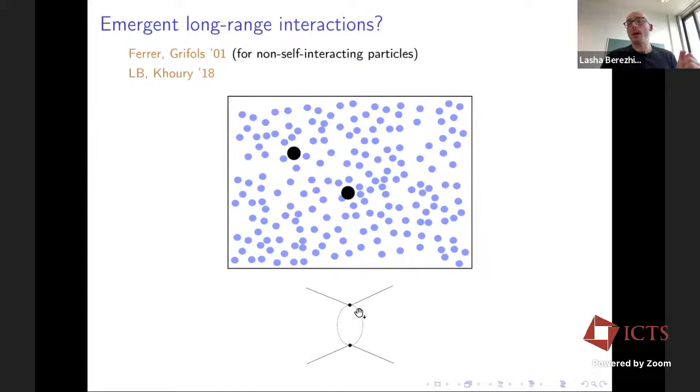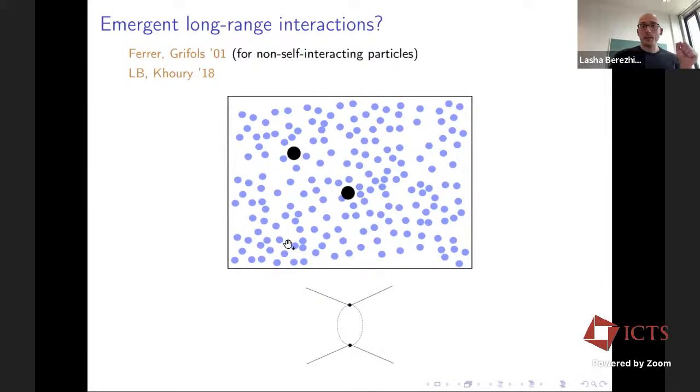But they would have to exchange this massive particle, this massive loop of these other particles. And this doesn't change even if you have a lot of them around. The reason why you have to propagate massive gapped virtual particles leads to the Yukawa suppression of the force, which is given by the mass gap of the virtual particle you are exchanging.